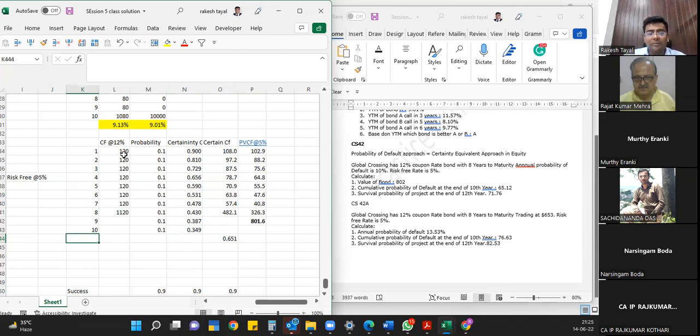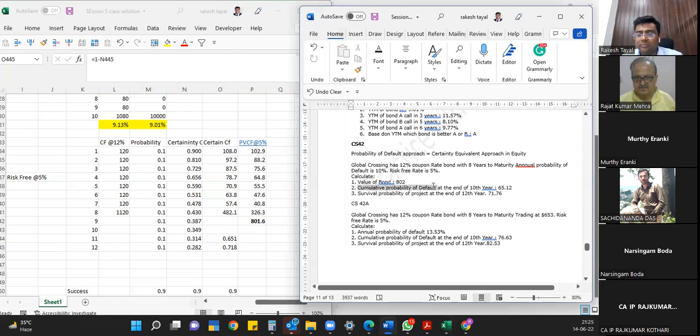and then they are asking survival probability of the project at the end of 12th year। पर अगेन ये डिफॉल्ट ही आ रहा है, वहां पे गलत लिखा हुआ है शायद कुछ। 1 minus 71.2 is again this is the probability of default only. This should be correct, not survival. Survival will be 28.2। इसको ठीक कर देते हैं।